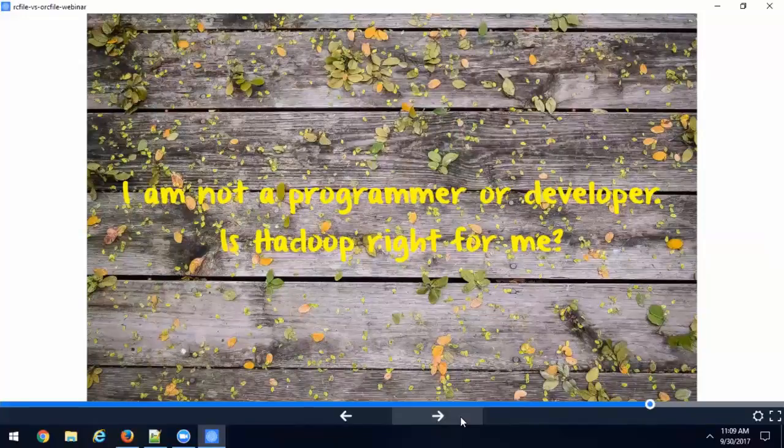Most often than not, we see people get excited about Hadoop and big data technologies because they see some of their colleagues moving on to another job as a big data developer or engineer, or they see some of their friends moving into big data, making a little bit more than they are making.